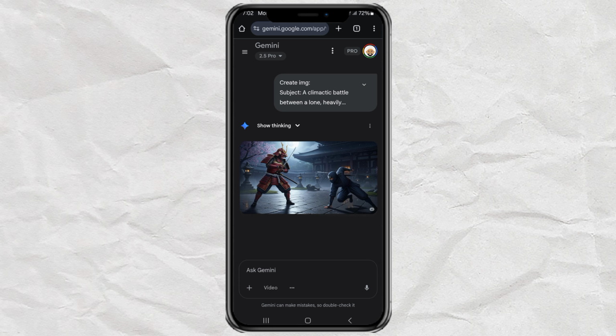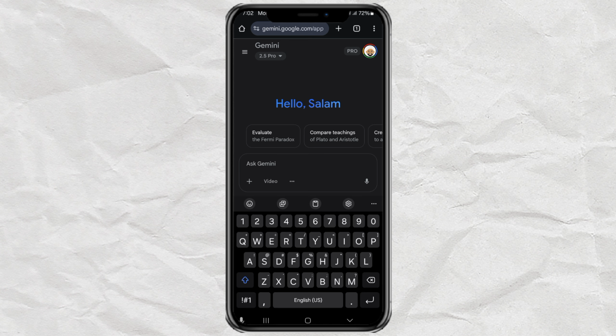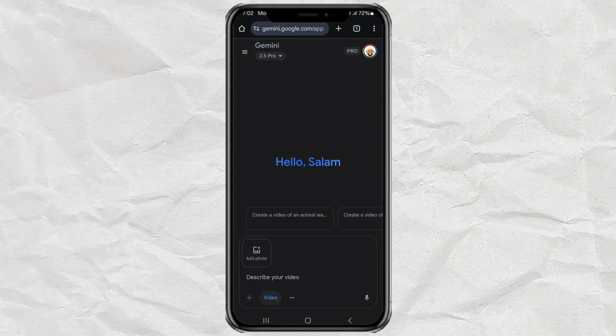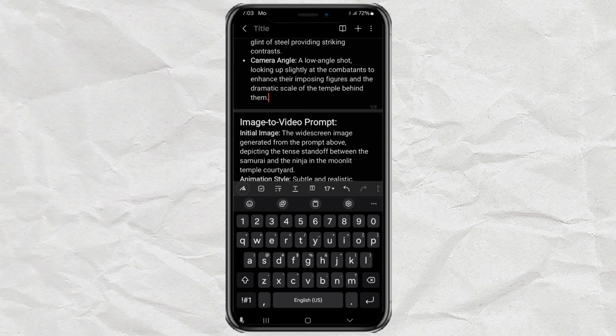Here comes the magic, turning your still image into a moving video with VEO 3. Start by opening a new chat in Gemini. Inside the chat box, you'll see a video button. Tap on that. Now upload the image you saved earlier. Then go back to your notes, copy the image to video prompt Gemini gave you,